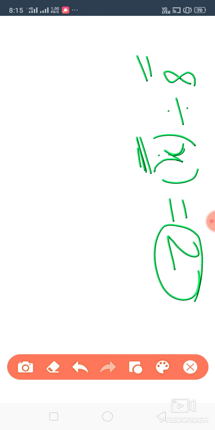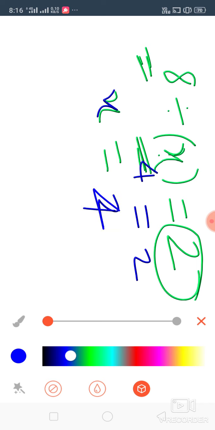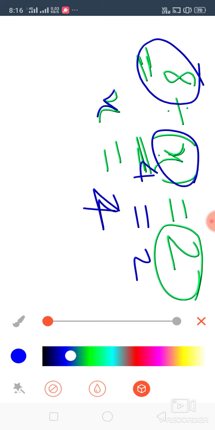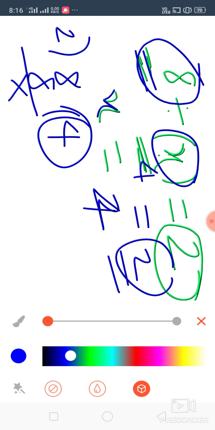Okay, so how will we find the value of x? x will be equal to how much? Since this is a very simple number, 8 will be divided by 4, so we'll get 2, isn't it? So the value of x we are getting is 4. How are we getting this 4? Look here, this 8 should be divided by what number so that the answer will be 2? So we are dividing 8 by 2. Look here, 8 divided by 2: 2 fours are 8, so the answer we are getting is 4.